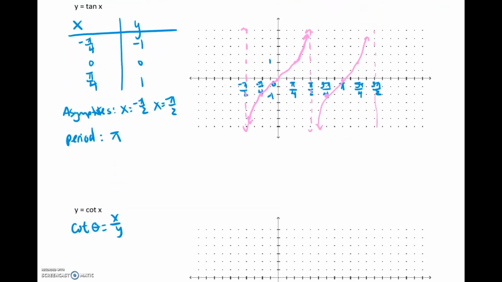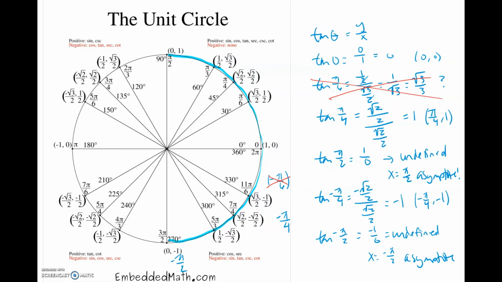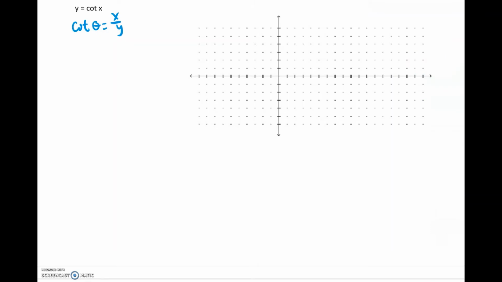Let me show you that unit circle again. We can't necessarily do the same ratio. So now instead of tangent of 0, 0 over 1 is 0, we're going to notice cotangent of 0 becomes 1 over 0, right? So we're switching around our asymptotes and all that. What's interesting here is what used to be the x-intercepts of tangent now become the asymptotes of cotangent. And that's simply because we are flipping around your x and your y. So instead of having 0 over 1, we now have 1 over 0, which is undefined,